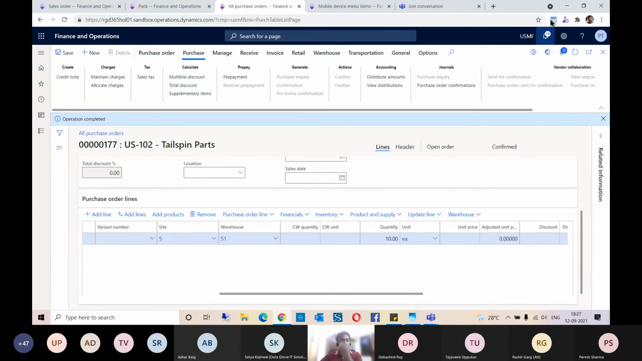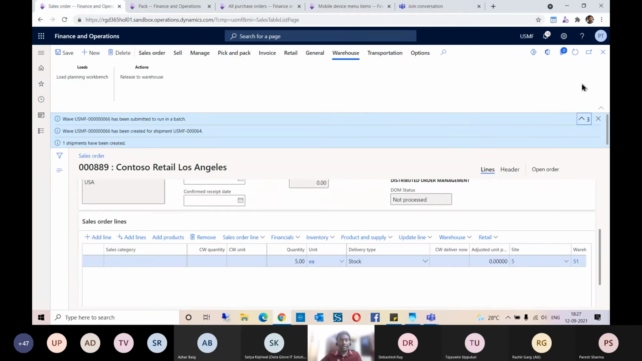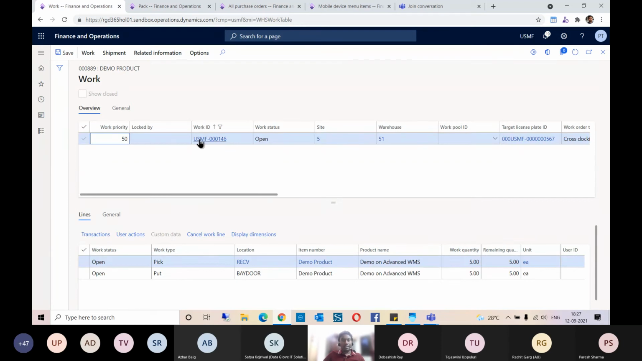So now when it comes to work, we have to look at two different things here. We want to look at whether, for my sales order, I have work created where I'm moving these goods directly to the bay door or not. Let me go ahead and see if any work is created. Just to tell you, I'm looking at the sales order now. This is my sales order. And you can see the work is created where it is actually getting the goods directly from the default receiving location